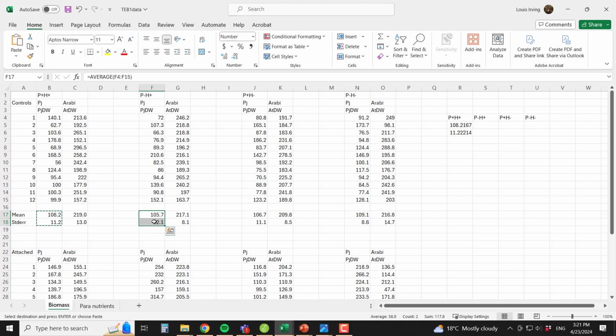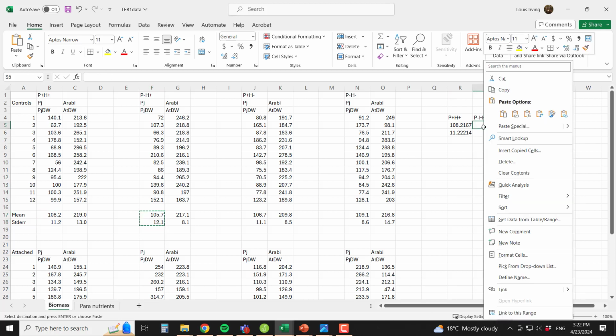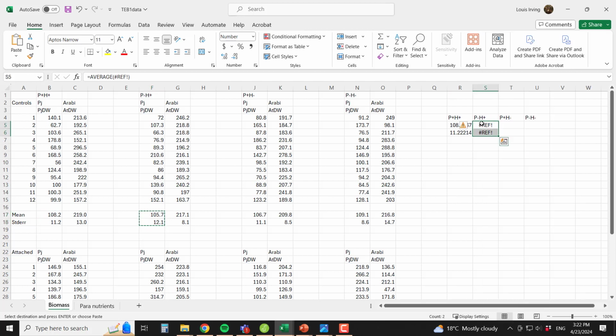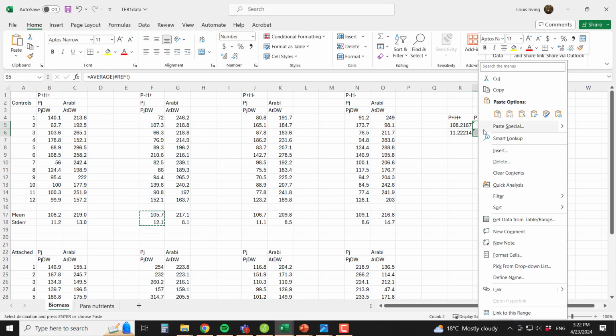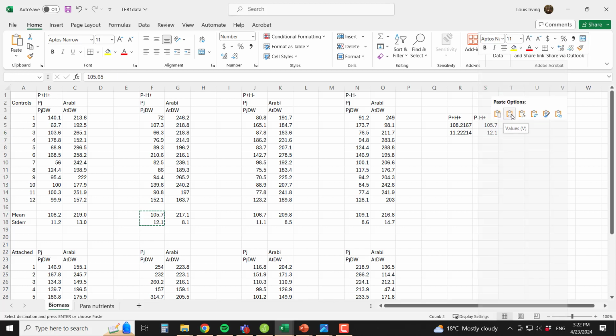For the next group, if I just do Control C and Control V, it will give you an error because it will say it can't find the data. So you want to paste those as values,